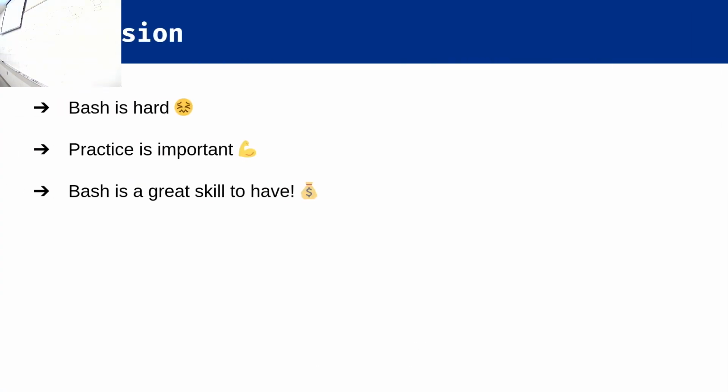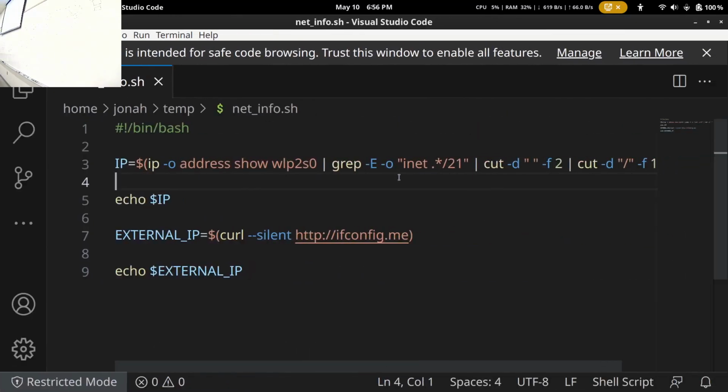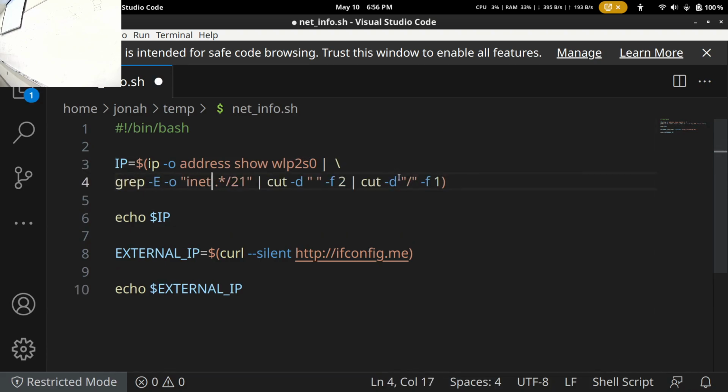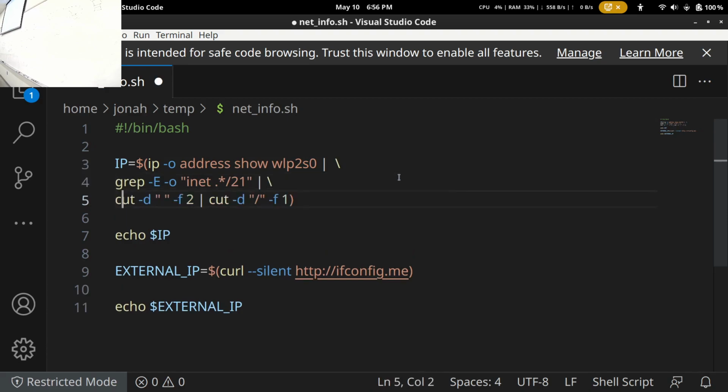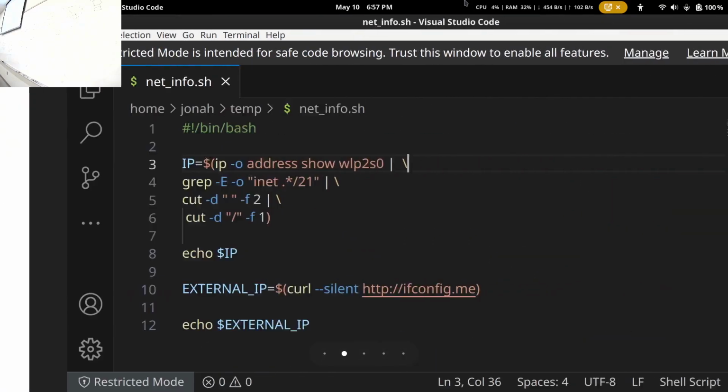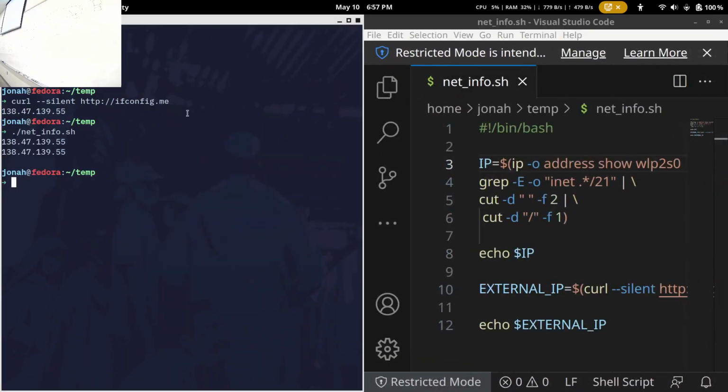If you put a backslash, you can escape the new line and break it up into different lines, so it makes it a lot easier to read. Like on line 3, if you want to break it, say on the pipe. Yeah, backslash, escape the new line, go to the next line. I'd make sure there's not a space after that, though, because otherwise it's going to escape the space at the end of the line. Oh, like that, yeah. There we go, get rid of those. Yeah, now it should work. Cool.